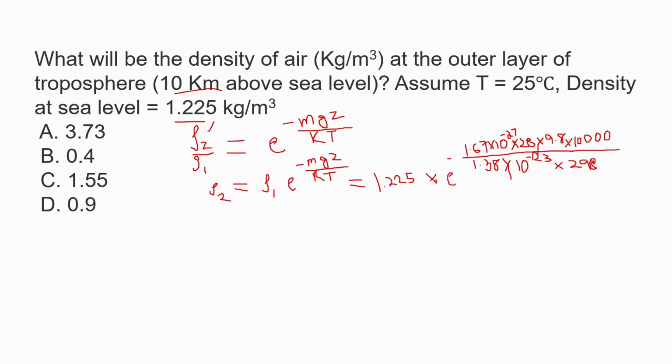So the temperature is 25, so 273 plus 25 will give us 298 Kelvin. Now all of these units, whatever is on the top and bottom, will all cancel out. And the final unit will be only kg per meter cube. Now if you multiply this and divide by this, it will give us